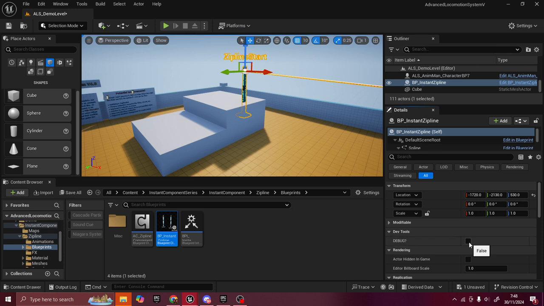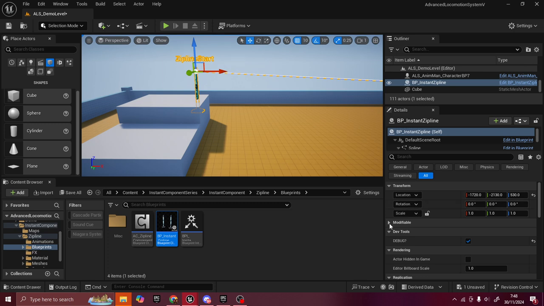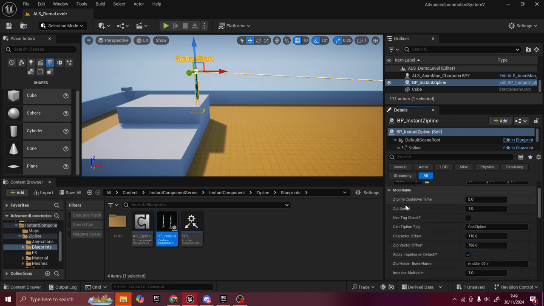You can see the debug system here when it is set to true, and you can basically have different ziplines. If you want to see what's happening on that instance of a zipline, then you can just solo the debug tool here, so you can see what's happening on that zipline exclusively. And the zip speed, we can reduce this to, I don't know, 0.5 or maybe 0.3. Zipline cooldown time is basically self-explanatory here. If we have used the zipline, we cannot use it for another 5 seconds,